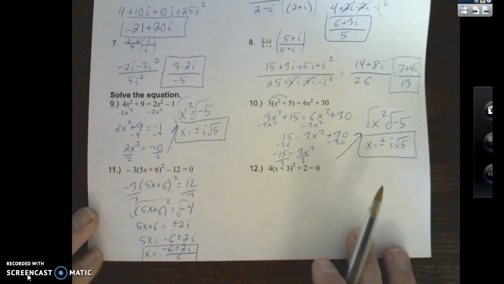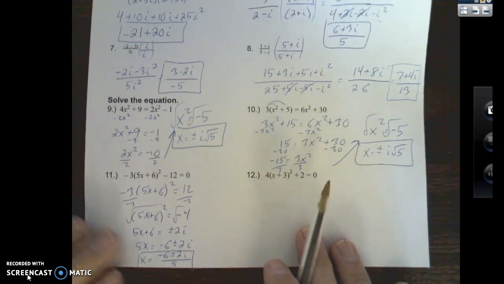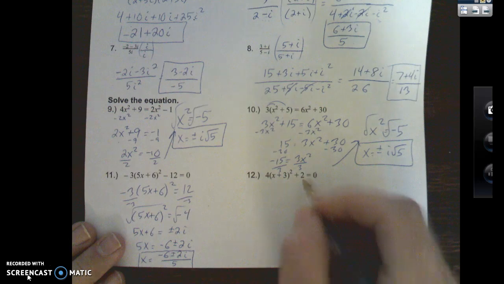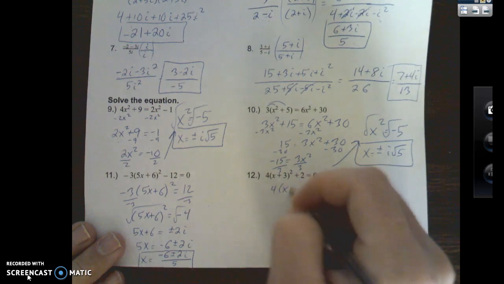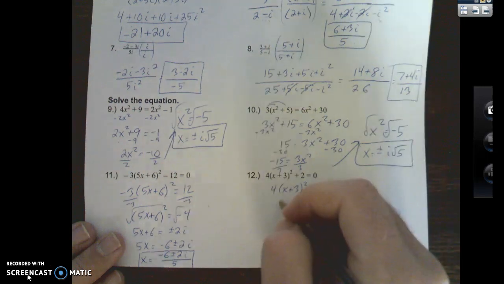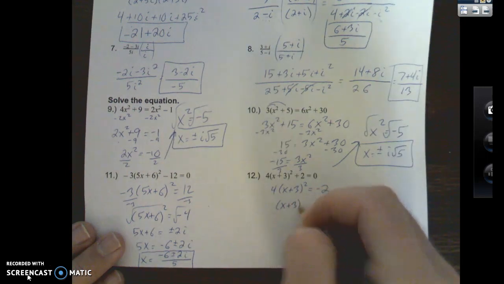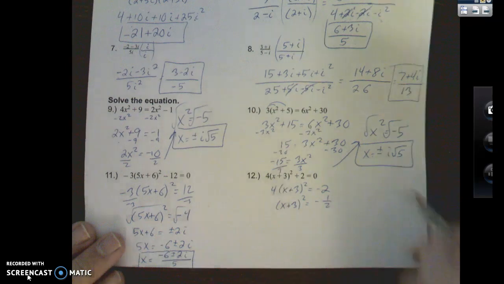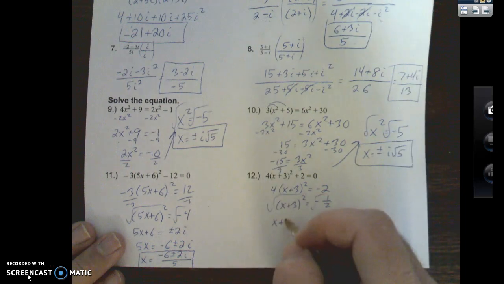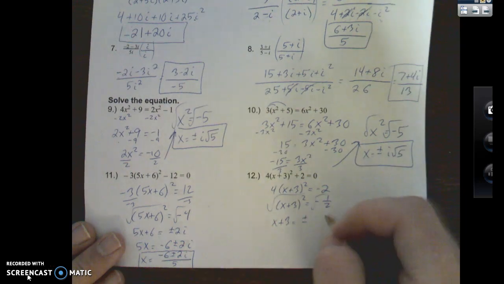Okay, I know that's a lot to take in. Here's number 12. Same idea. I cannot distribute the 4 because of the whole quantity squared. So subtract 2 over. Divide everything by 4. Negative 1/2. I'm hoping you guys are cool with negative 2 divided by 4 being negative 1/2. Square root left, square root right. x plus 3 equals plus or minus